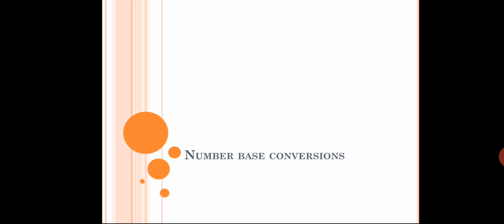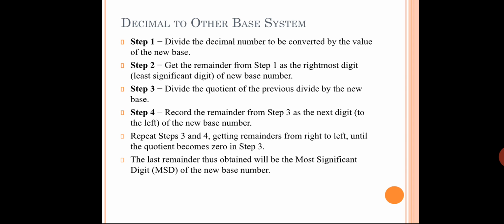There are some steps actually. You have to follow those steps for conversion. The first one is decimal to other base systems. That means if you are taking any decimal number, how to convert it to the other number system. It may be decimal to binary, decimal to octal, or decimal to hexadecimal. So how to do that? There are some steps. You don't need to learn these steps by heart. Whenever you go for practicing, you will get to know how exactly you have done. You can make sure that whatever steps you have taken while calculating, the same steps can be written in your own words.